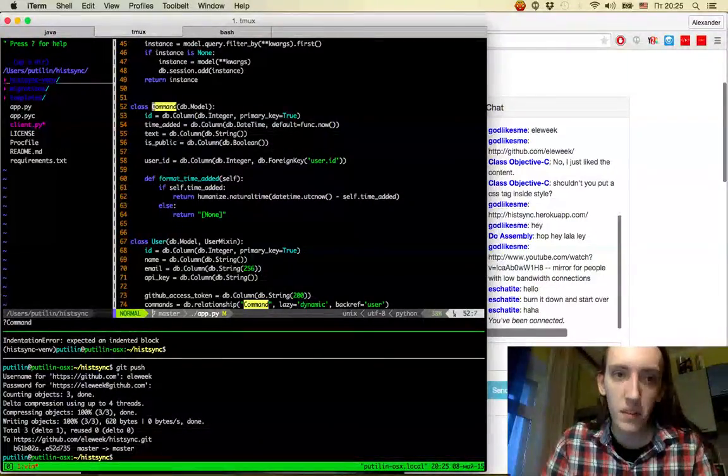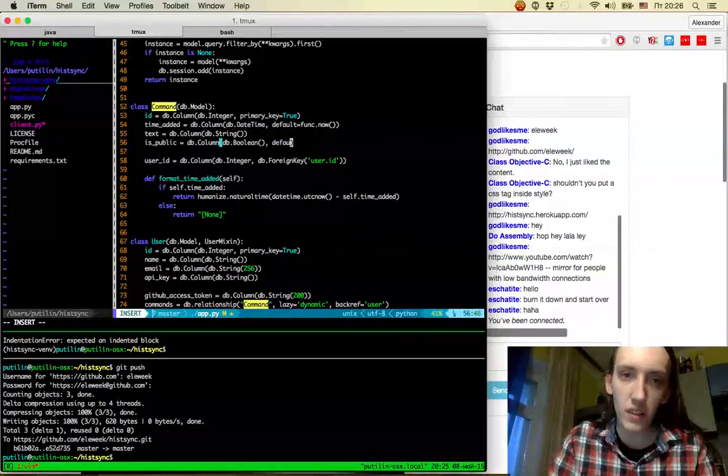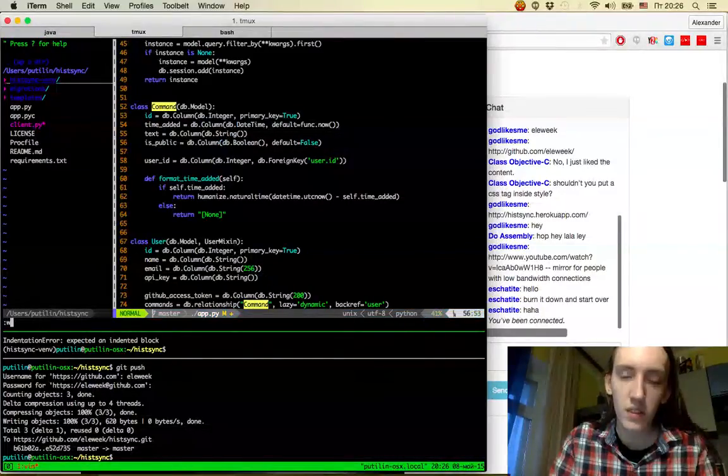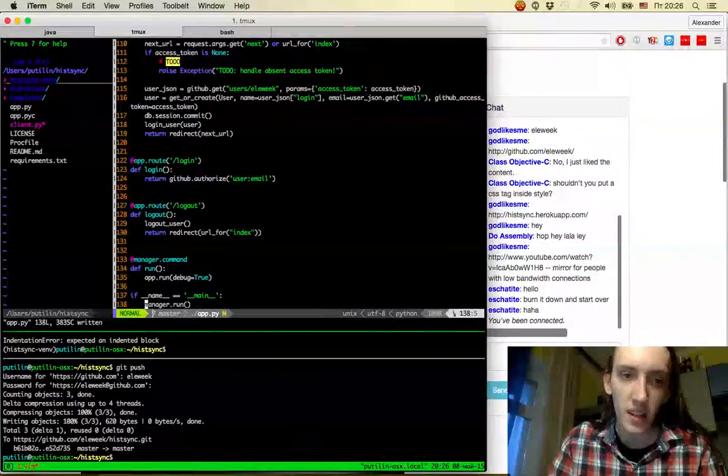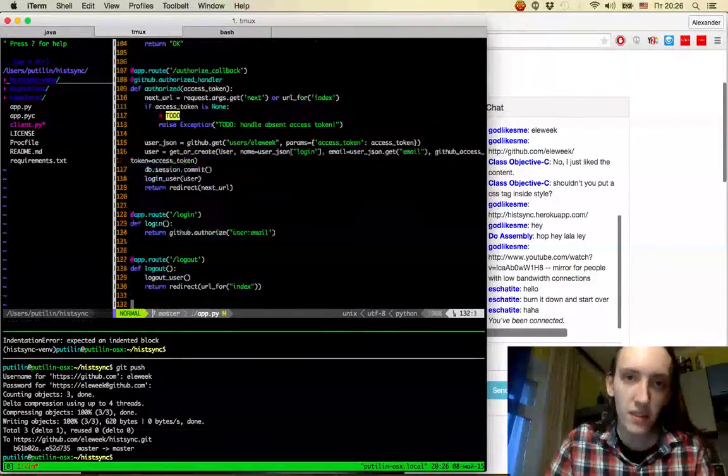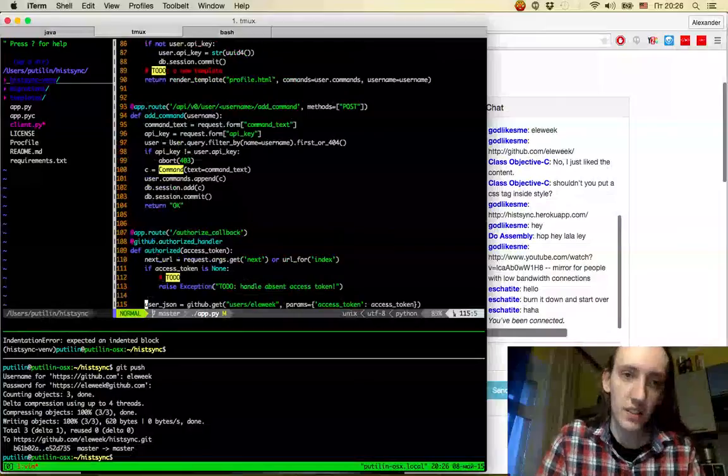DB column. Oh, actually, let's add default here. Default equals to false. Right? It's public. Is false by default. And next thing that we need to add is